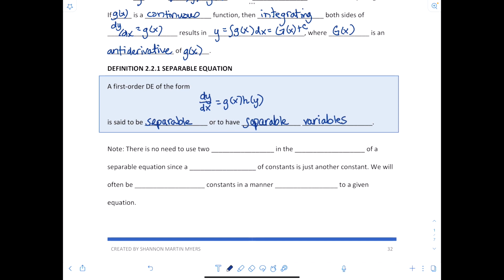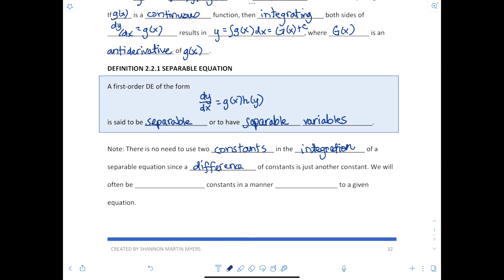Note, there is no need to use two constants in the integration of a separable equation,